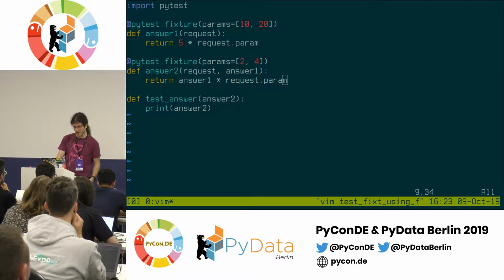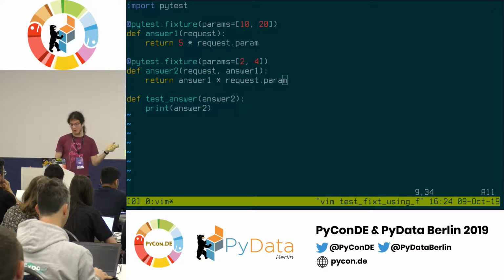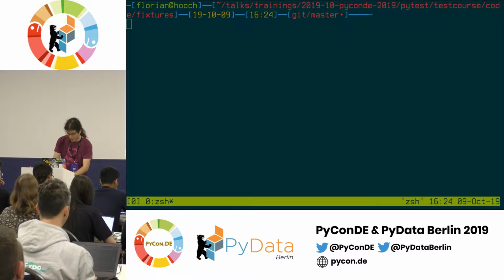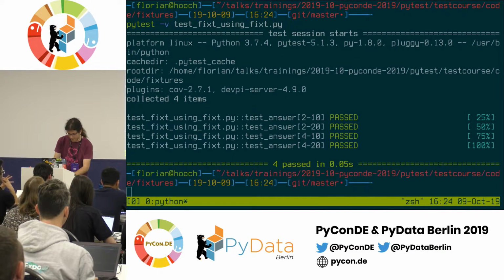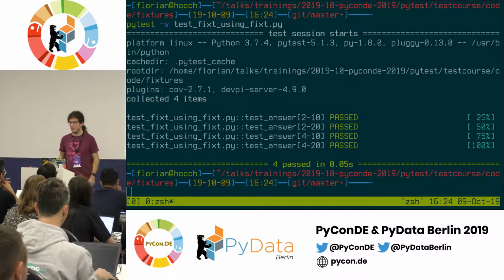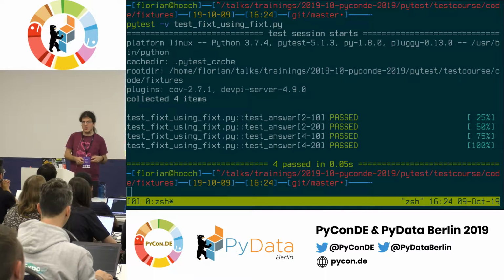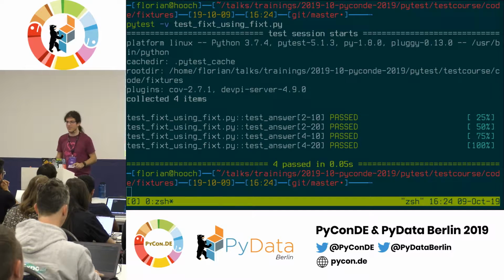So if you parameterize the second fixture as well, so we have answer 1, which is 10 and 20, and answer 2, which is 2 and 4, and now run pytest again, what happens is that pytest runs all 4 combinations of those values. So, basically what I think you'd expect if you use 2 fixtures which are both parameterized.